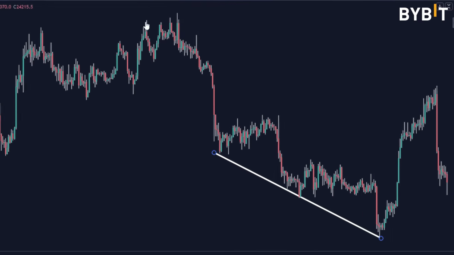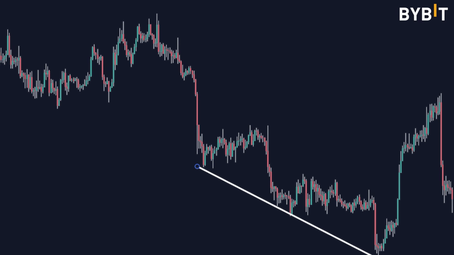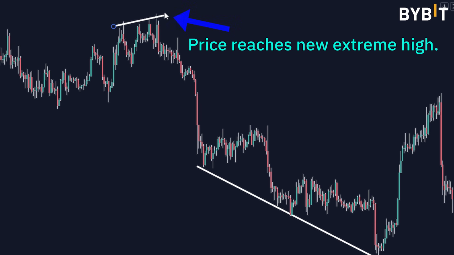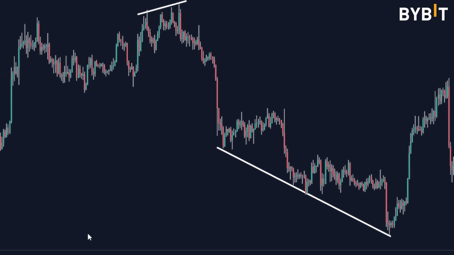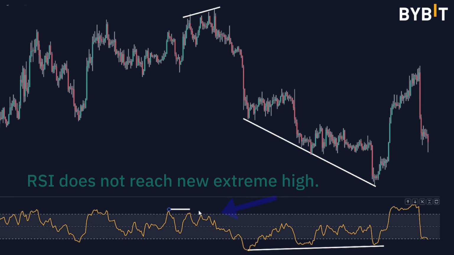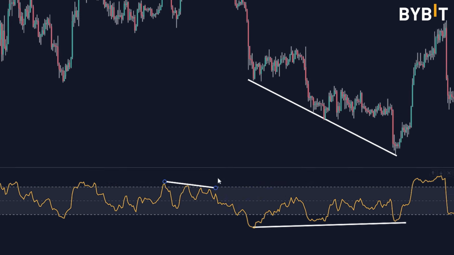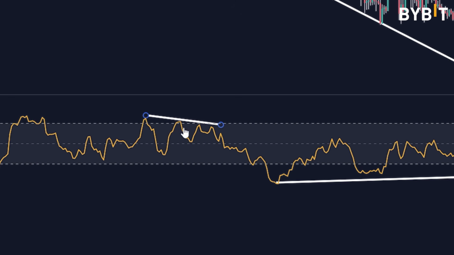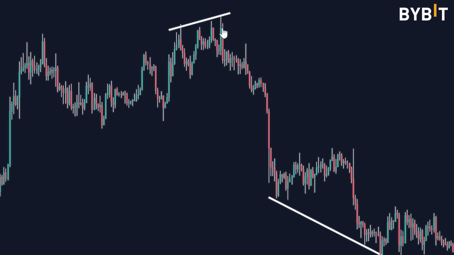So as a matter of fact, up here, we've got a situation where we've got price coming up and it's reaching a new high, but the RSI is not reaching a new high. Each high in the RSI is lower. It's a lower high, lower high, lower high, and then eventually price, the momentum to the upside is so weak that it just falls under the weight of itself, and then price ends up collapsing.